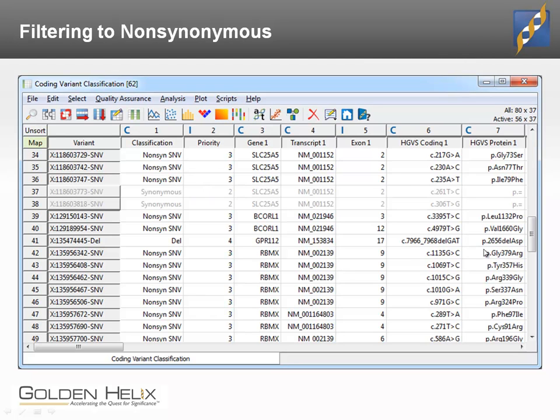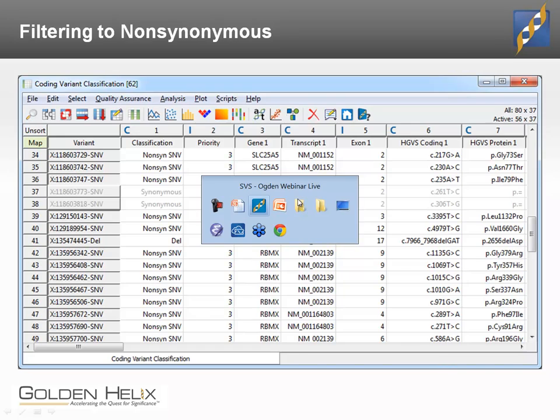Because of redundancy in our amino acid encoding from nucleotides, there are certain variations that, even though they go from, for example, a T to a C in this position, do not change the protein sequence, and we want to filter those out. We want to look at only coding variants that are non-synonymous. Again, we don't care if they're insertions, deletions, single nucleotide variants or nonsense mutations, but we want to filter out the synonymous variants.